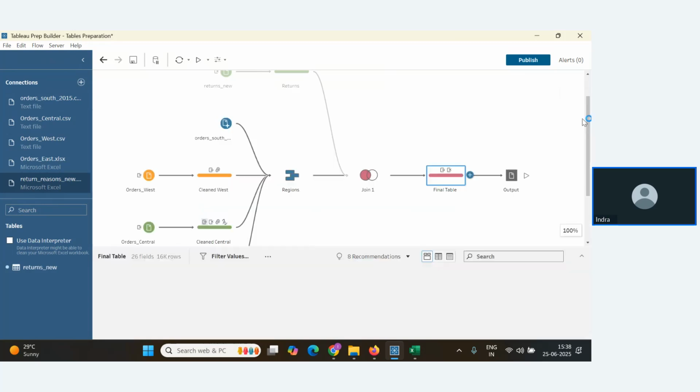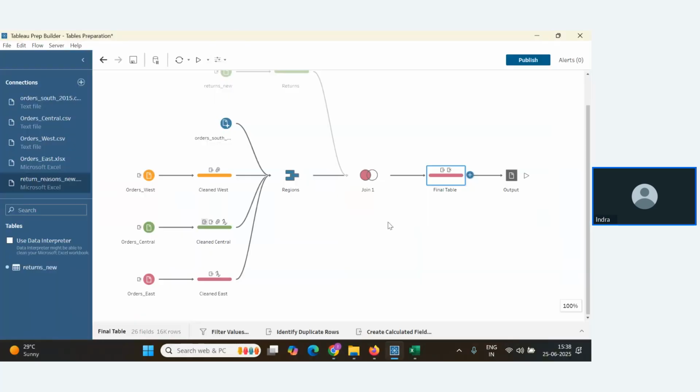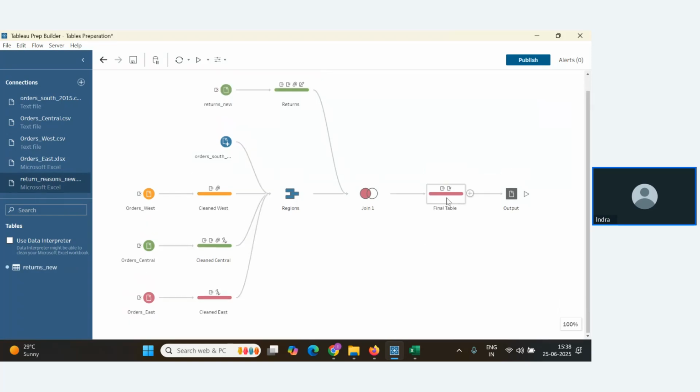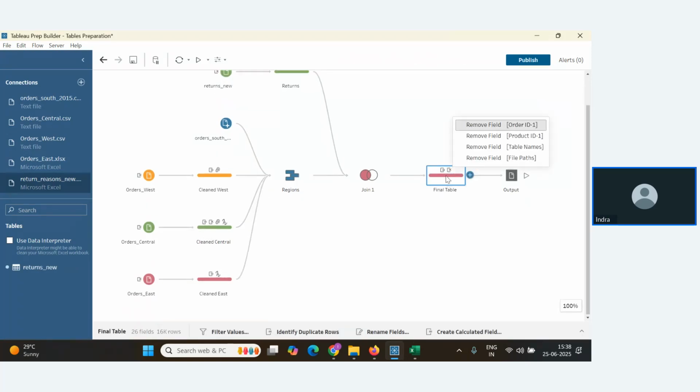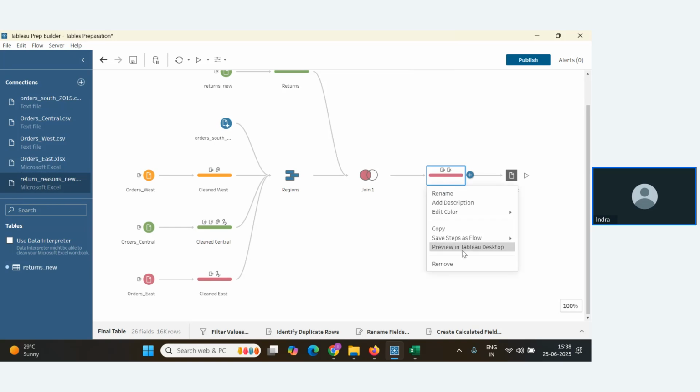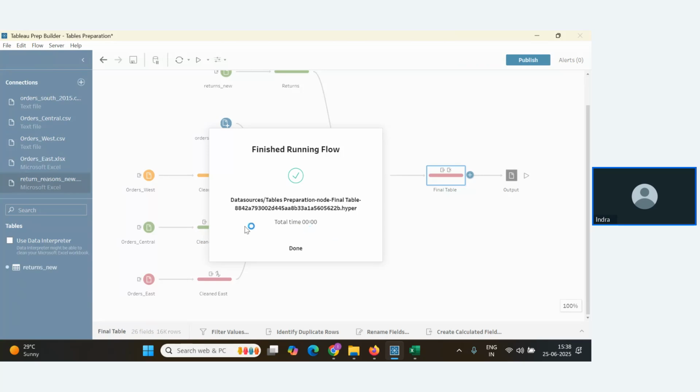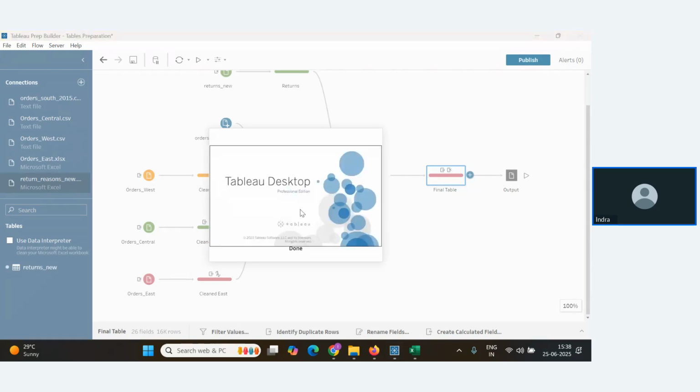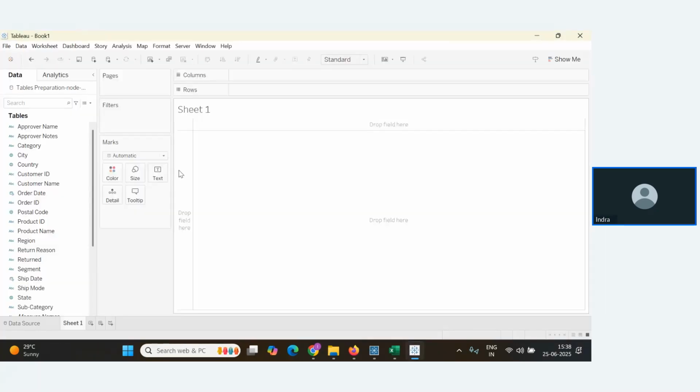Okay. One more thing. If you are running Tableau Desktop Professional Edition in your system, here you have an option to review this in your Tableau Desktop also. If I right click here, I'm getting an option, review in Tableau Desktop. If I click on this one, it will by default open Tableau Desktop for me. This hyper file will directly open in Tableau Desktop. This is Professional Edition. It is not for the public edition, but for Professional Edition, it works.